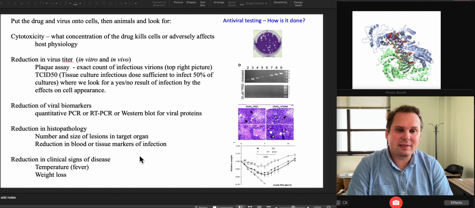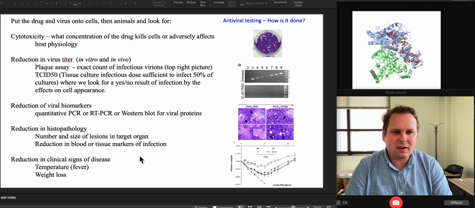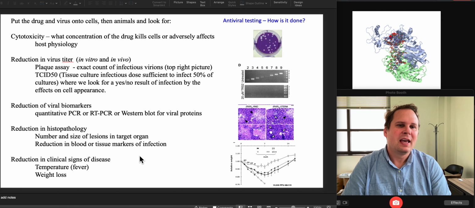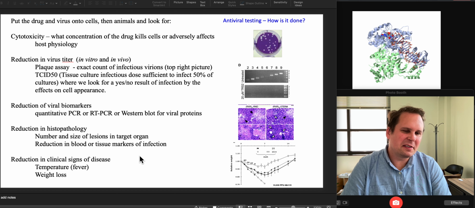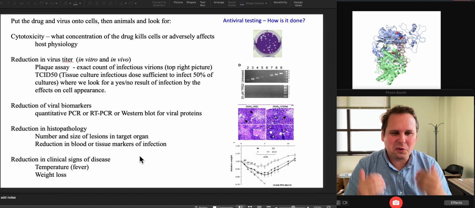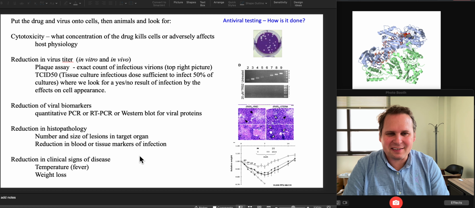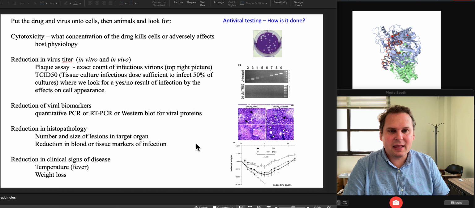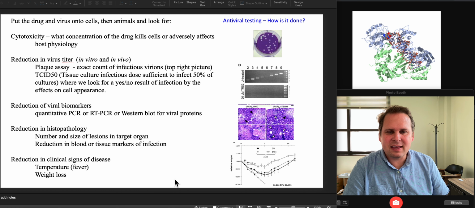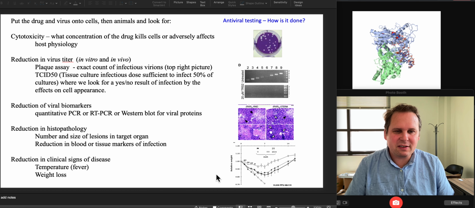When you're coming up with a study, you get to define what the protocols are, but you have to run it past the FDA or the equivalent organization, wherever it is you happen to be working. And they'll say, you've got to change your test, or, yeah, that looks like a fair test. That's the idea. And then the last thing in the animals, you can look for physiological changes.